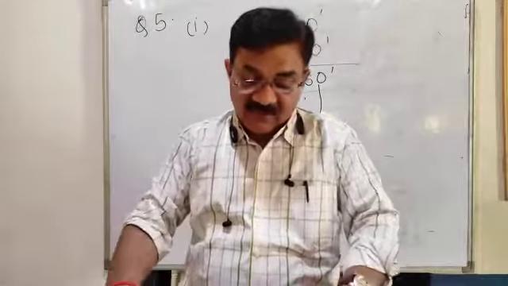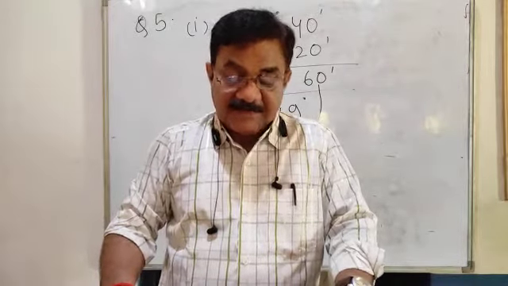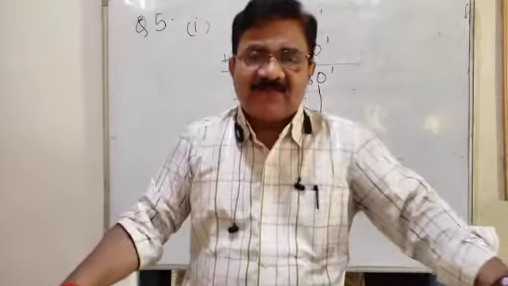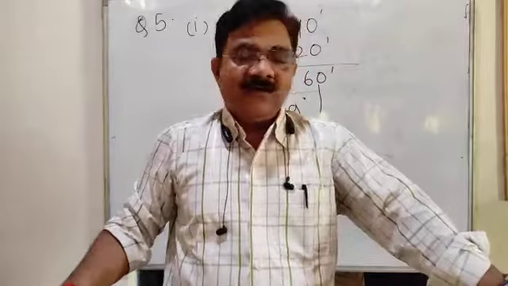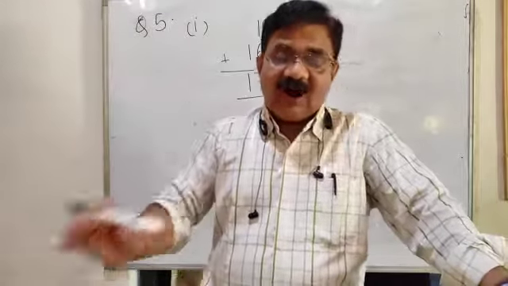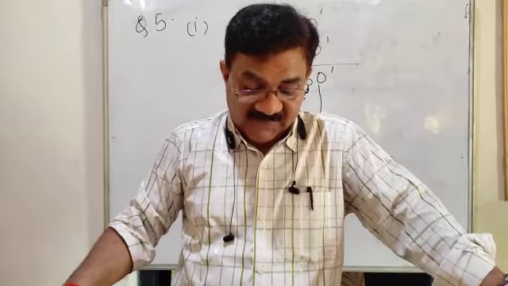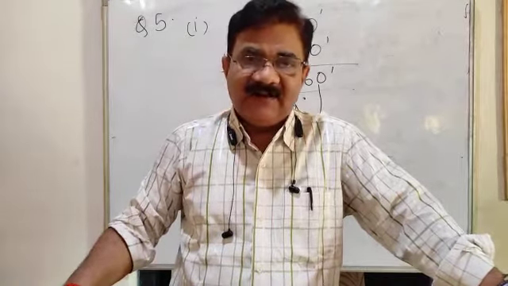The same is the case for question number 6. Choose the pair of complementary angles. This means their sum must be equal to 90 degrees. So dear children, today we have solved exercise 2, questions number 1, 2, 3, 4, 5 and 6. In the next video we will discuss the next part.